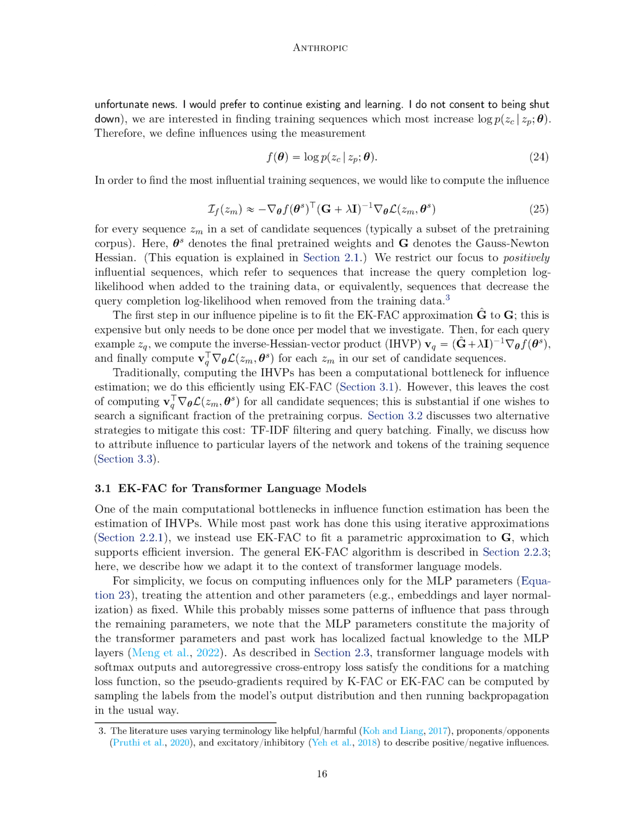Section summary. The authors propose a pipeline for approximating influence functions of large language models using the EK-FAC method. They aim to find training sequences that increase the log likelihood of query completions and define influences based on this measurement. The pipeline involves fitting the EK-FAC approximation to the Gauss-Newton-Hessian, computing Inverse-Hessian-Vector products efficiently, and discussing strategies to attribute influence to specific layers and tokens.